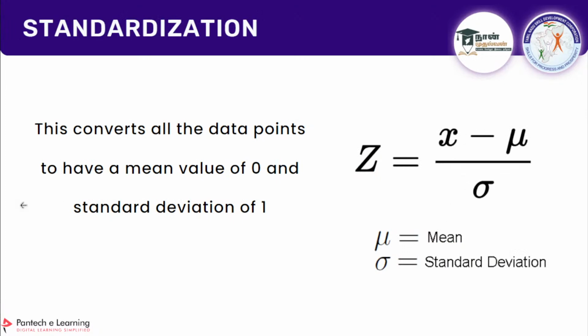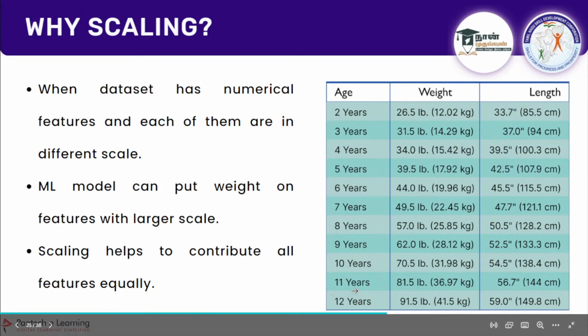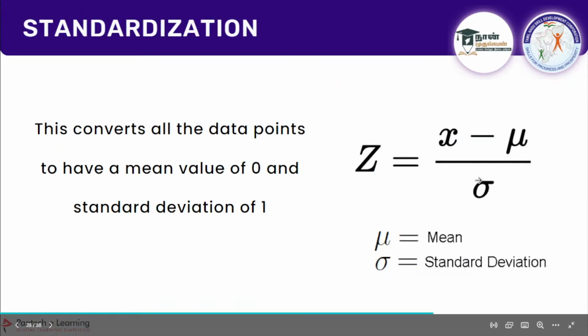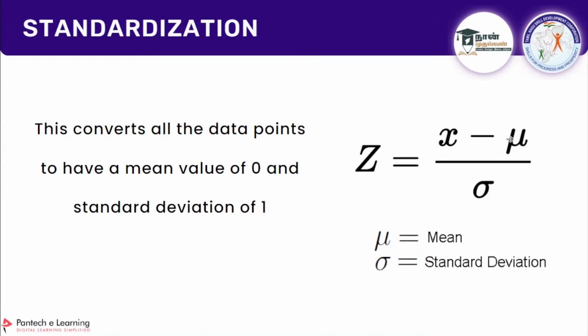If I have a value like 120, for example the year is 120, and you scale it with standardization, it is going to take the mean value, which will obviously affect it. It will affect the standard deviation and mean, so the values will become useless. So if you have an outlier, you shouldn't go with standardization or normalization.